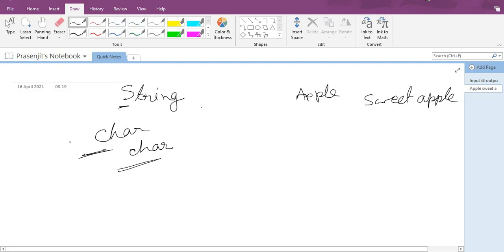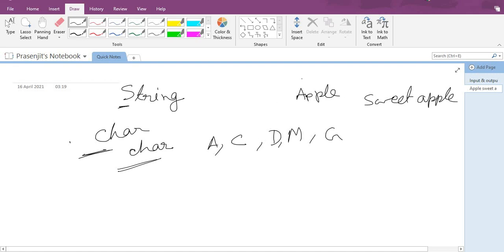For character we can store only single alphabets, A, C, D, M, G, like that. But in string we store words, multiple characters, more than one letter, inside the string variable. Now we see with an example how we take an input from the user.